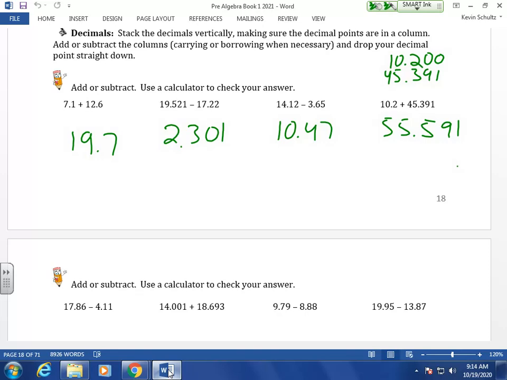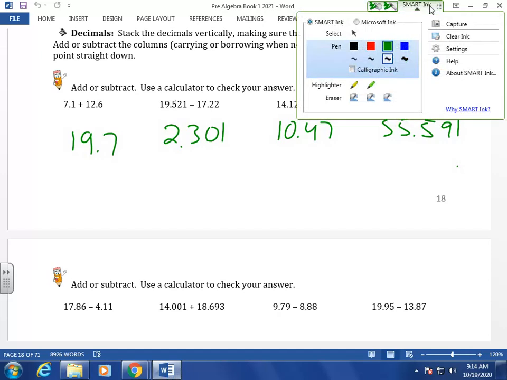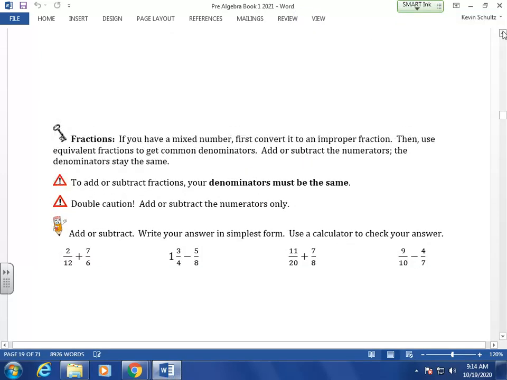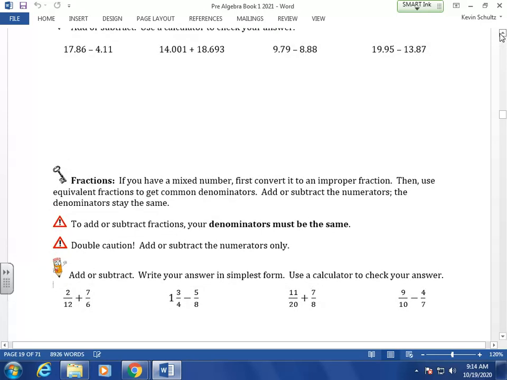Any questions on those first four? And you want to go over in more detail? Nope. Okay, very well. Next four on the next page here. We've got